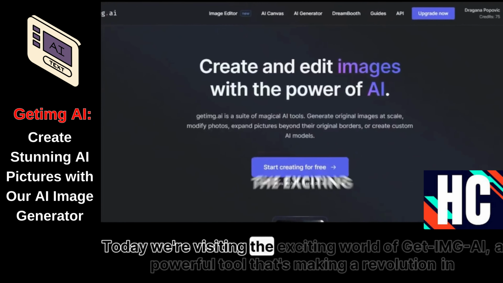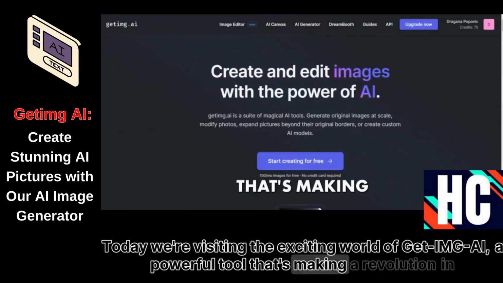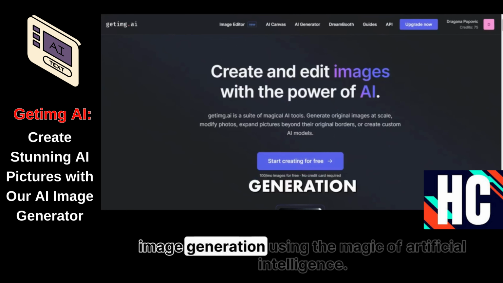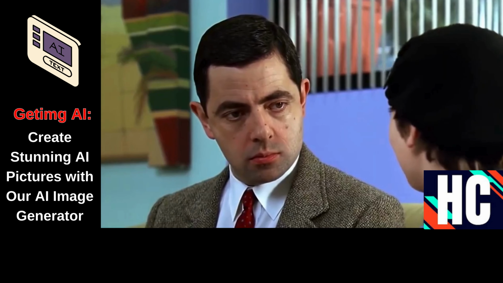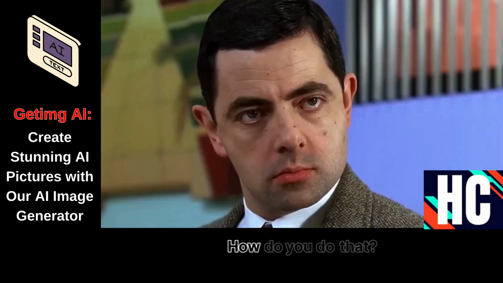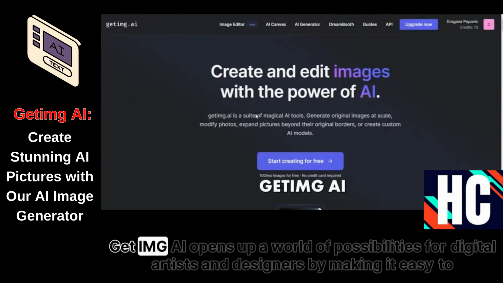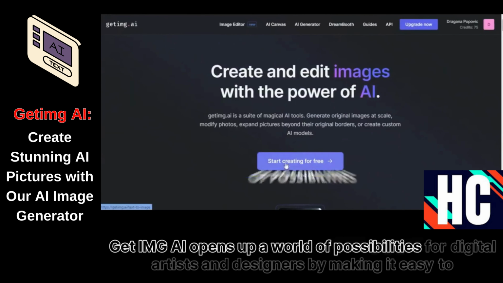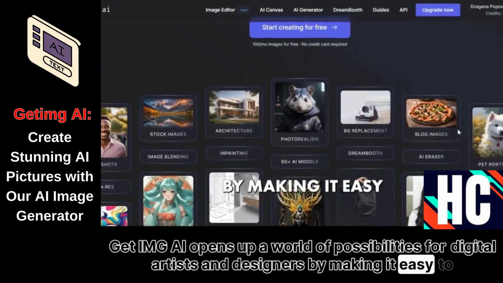Today we're visiting the exciting world of Getimg AI, a powerful tool that's making a revolution in image generation using the magic of artificial intelligence. Neat! Wow! How do you do that? Magic. Getimg AI opens up a world of possibilities for digital artists and designers by making it easy to create